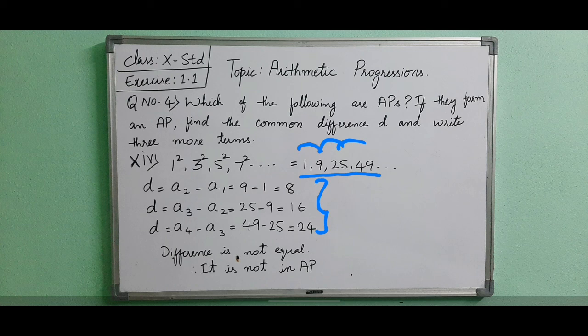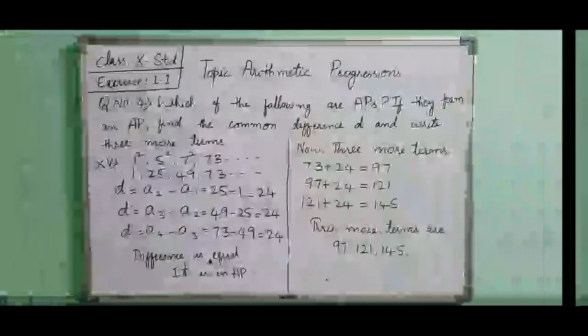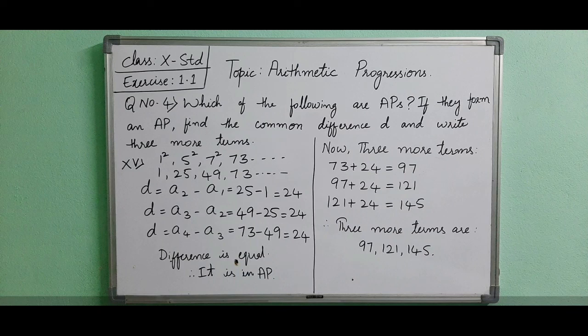Now the last question of this bit: 1 squared, 5 squared, 7 squared and 73. Again we will write in simplest form. 1 squared is 1, 5 squared is 25, 7 squared is 49 and last it is given 73. Finding the difference: 25 minus 1 is 24, 49 minus 25 is 24 and 73 minus 49 is 24. Here the differences are equal. When the difference is equal they will be in AP. Now the common difference D is nothing but